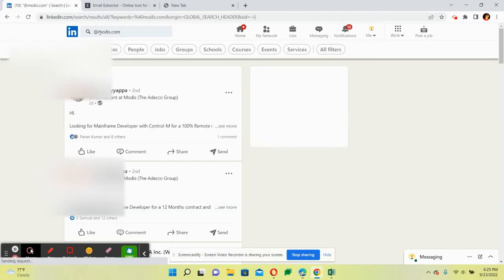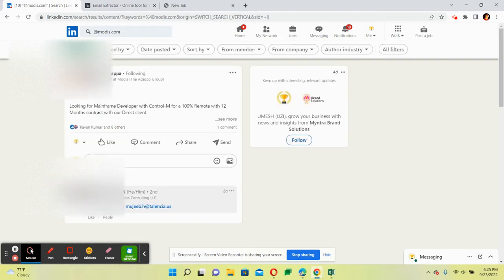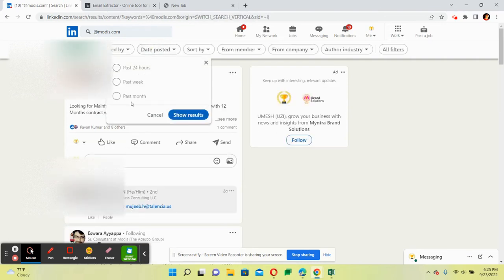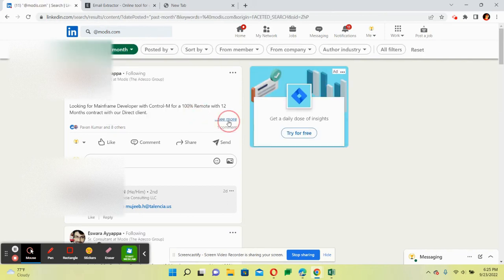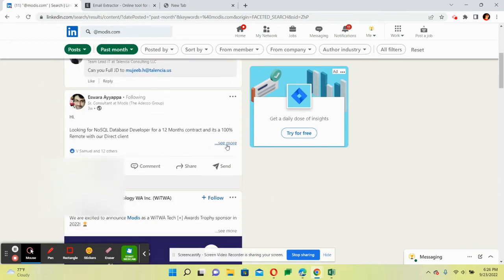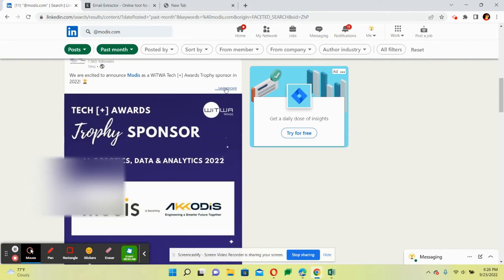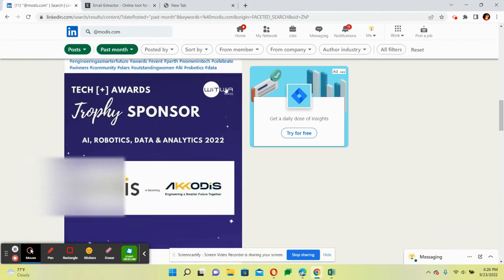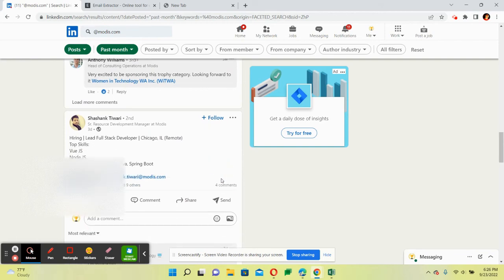modus.com, enter. Here you will click on post, and for date posted you can take 1 month, so you will get the recent email IDs. So too much old data is not required because so many people leave the job as well. And you will click on all the posts whatever are in front of you, see more. When you click on the see more part, their full section would come and the email ID would be visible on that post as well if they have mentioned it, like this one,